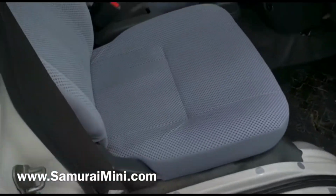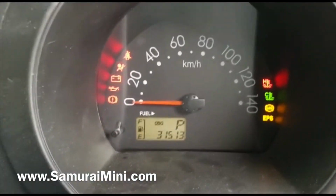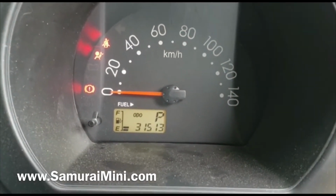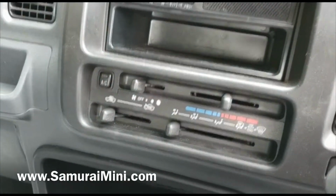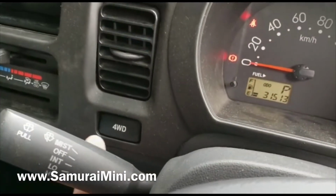Inside it's got not the plastic seats but a bit more comfortable seats. Steering wheel is not bad. I'll start the engine. It's got 31,000 Ks, about 18,000 miles, something like that. It's got air conditioning, heater, stereo, automatic transmission. If I press this button,